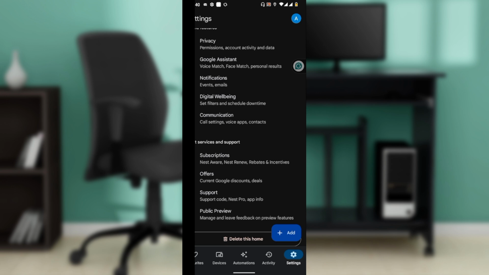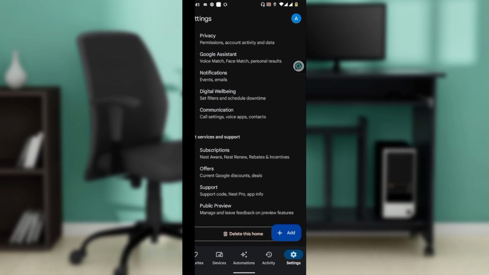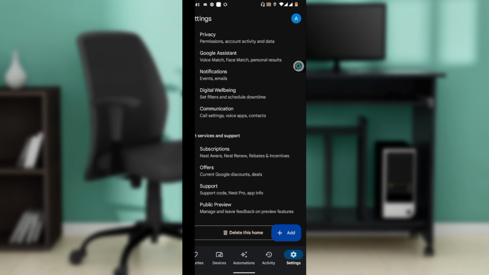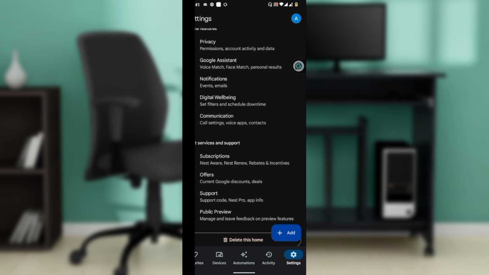Now click on it. Once you click on it, go ahead and select speaker groups. Now once you select speaker groups, tap on create speaker group. Now select the devices you want to include in the group by tapping on each one. A check mark will appear next to selected devices. Now tap next. Enter a name for your group like living room speakers and tap save to finalize the group creation. You can only add a Pixel tablet to a speaker group when it is attached to the charging speaker